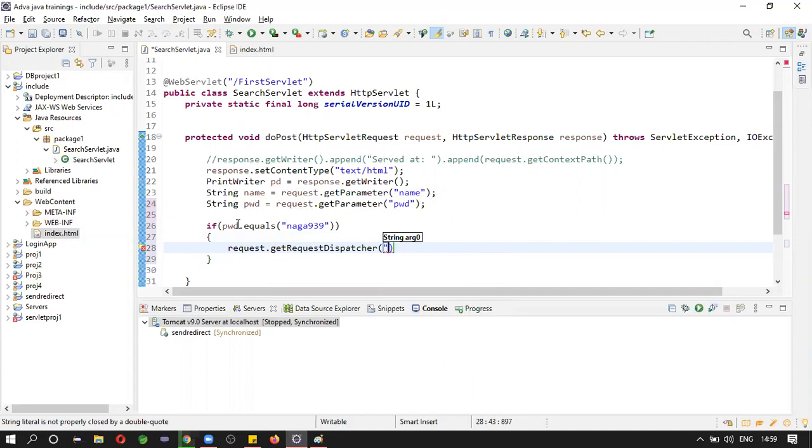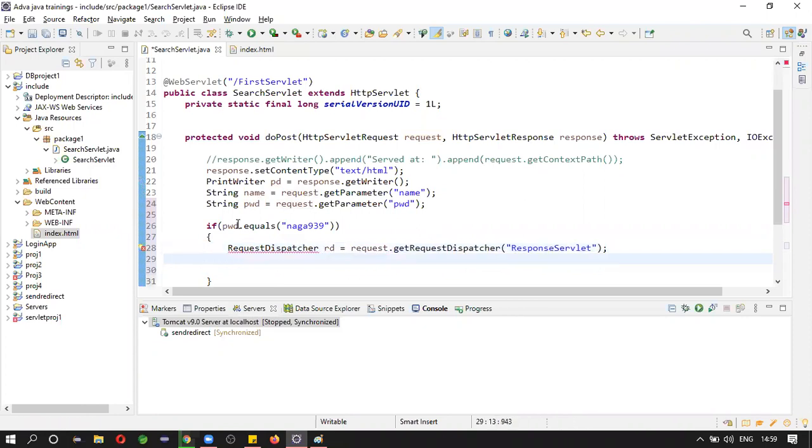That resource can be a servlet, HTML or JSP. Now that servlet is final, or else response servlet. You can take any name, response servlet. RequestDispatcher.